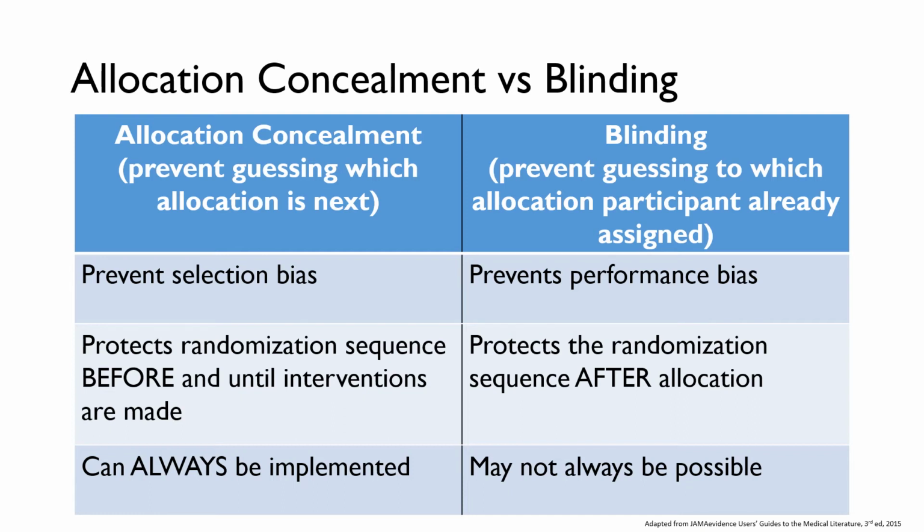Blinding, on the other hand, prevents guessing to which allocation the participant has already been assigned. It prevents performance bias, or treating the participant differently throughout the course of the study, and it protects the randomization sequence after allocation, right? Because you've done all this nice work to randomize these participants to basically have a balance on measured and unmeasured factors, and you don't want anything to destroy that. Blinding, however, may not always be possible. Again, take the example of a surgery trial where you can't do a sham surgery